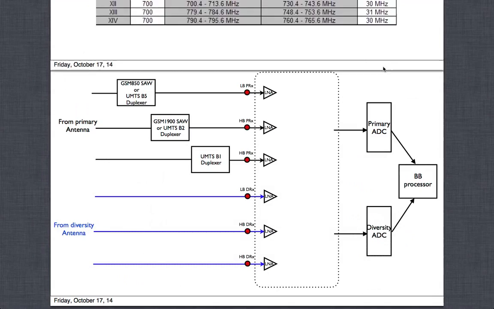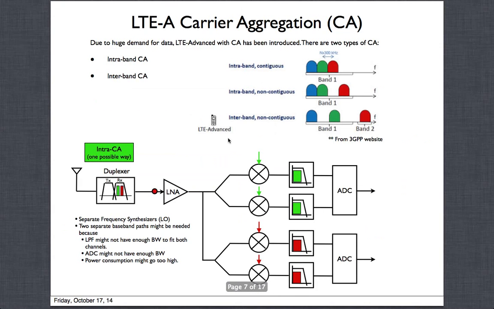So based on that, intraband, you could actually have different combinations. You could have a high band with a high band, where the data is being received simultaneously. You could have a high band with a low band pair. It's a pair, so one of them could be high band, one of them could be low band. You could have low band with another low band. Okay, so all these combinations are based on worldwide, which carriers have what spectrum and what they can use.